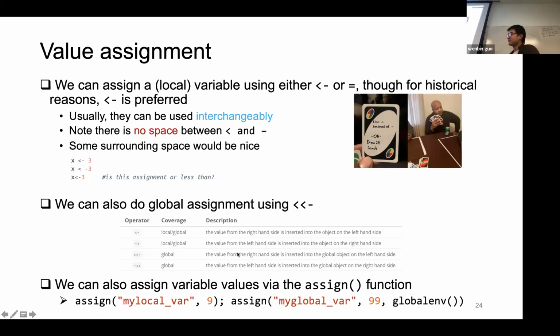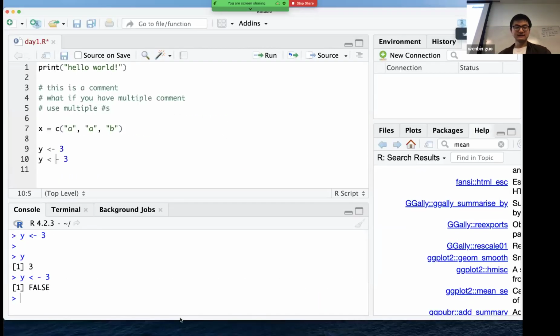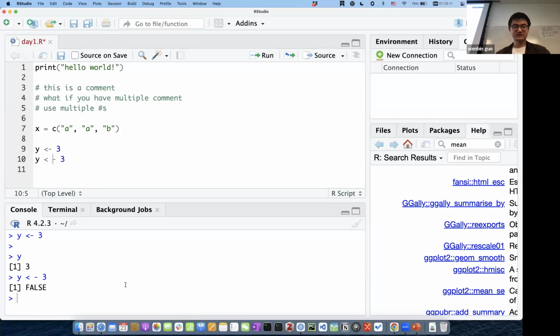And the third way we can do assignment is using the assign function, where you put your variable name as the first argument and the value as the second argument. So you can try, for example, here. Right now the y is 3, and if we assign,